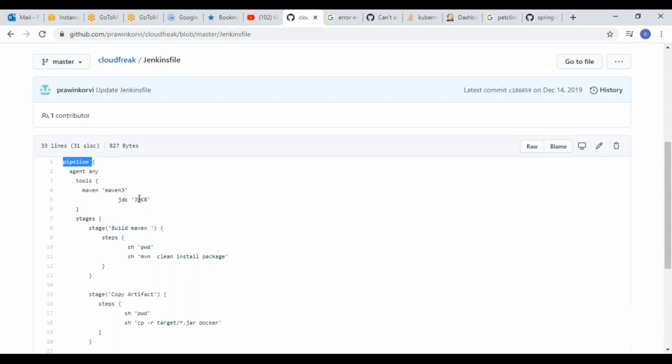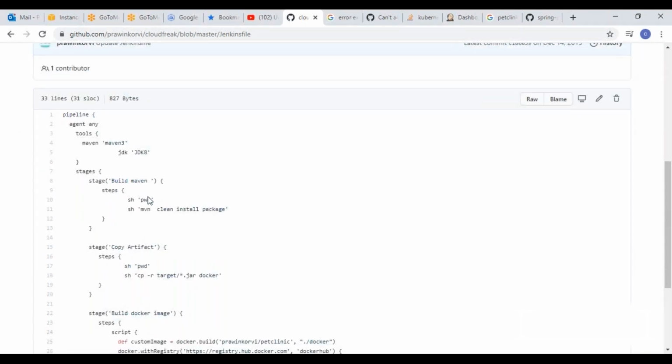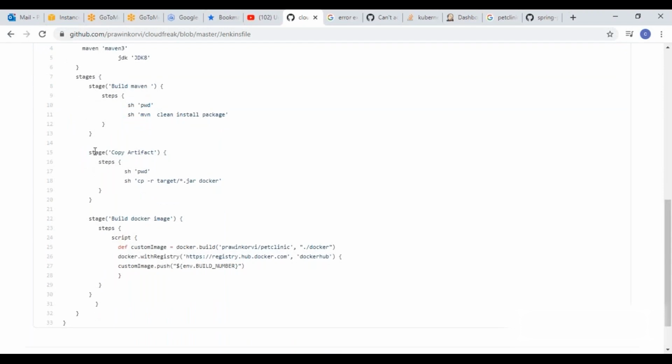Automatically it will clone. And then what it is doing is mvn clean install package. It's executing the command mvn clean install package. Okay, so what it will do is clean, means whatever is there, it will delete, and it will create a new artifact, a new package. Once that package is created, what it does next is copy artifact. In this stage, copy artifact means